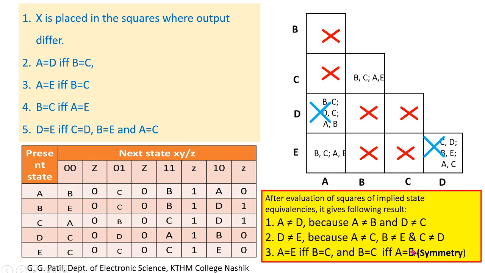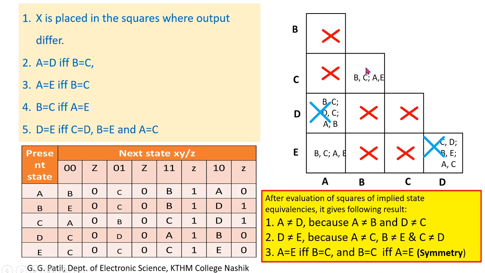So what we understand is that after filling the implication chart, and after evaluating the implication chart, we come to know that the squares which are left uncrossed, the corresponding states are the equivalent states. So here A is equivalent to E and